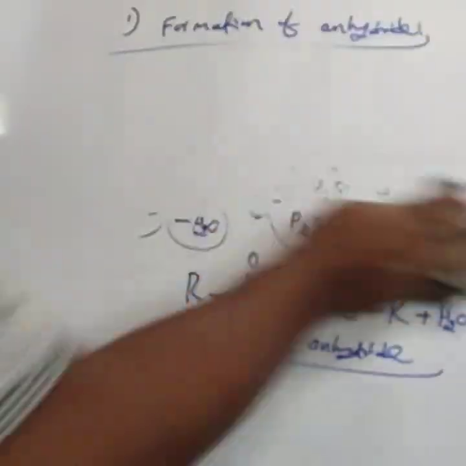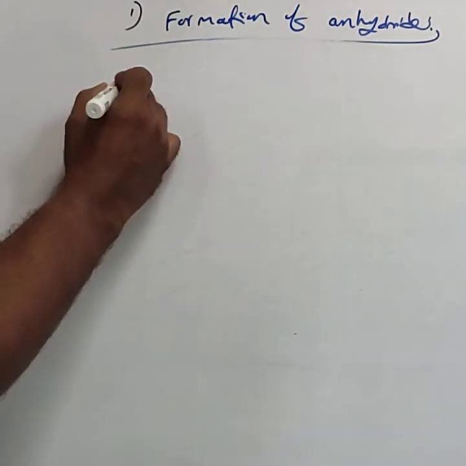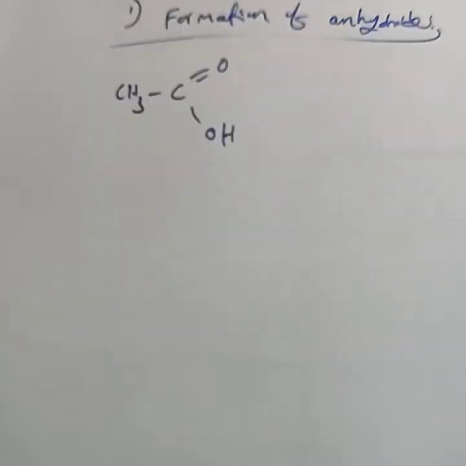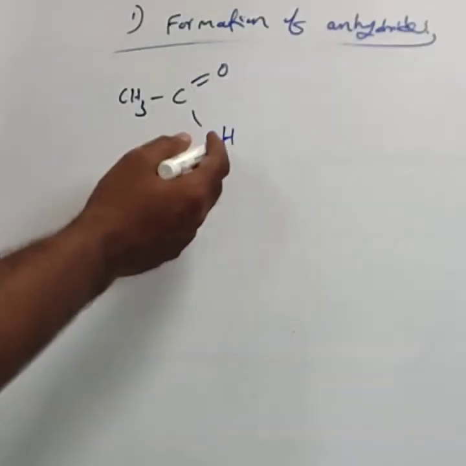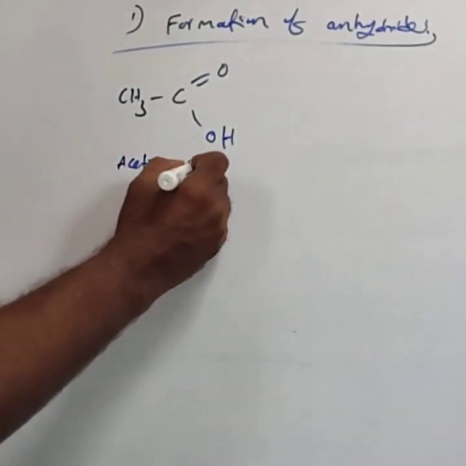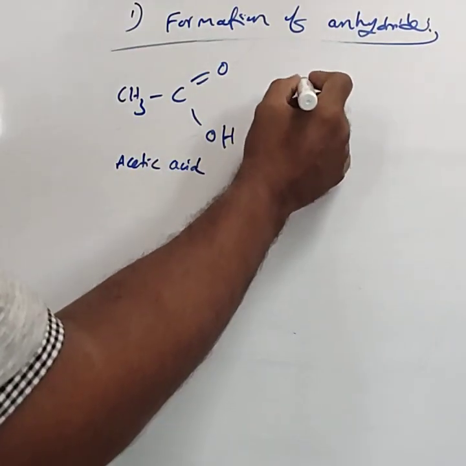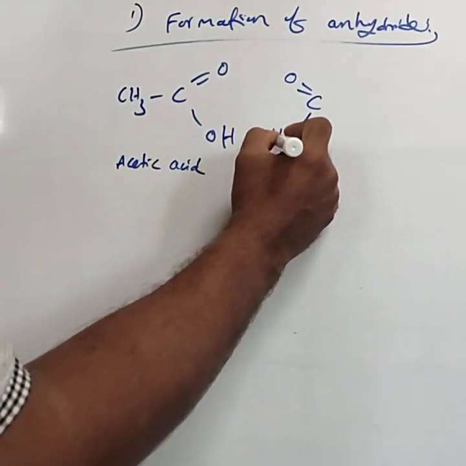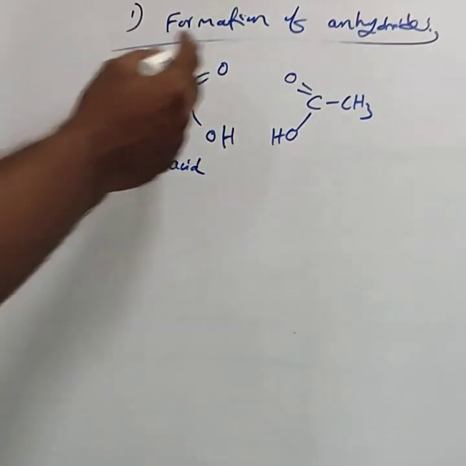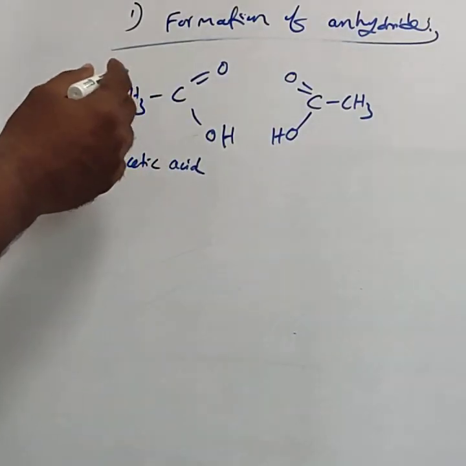In the place of R, you consider CH3. That is CH3COOH. What is the name of this compound? CH3COOH. It is commonly called acetic acid. You take 1 mole of this acetic acid. Similarly, 1 more mole of the acetic acid, CH3COOH. In the annual exam, they are not mentioning the 2 moles. You have to assume the 2 moles. Generally, they are giving acetic acid.